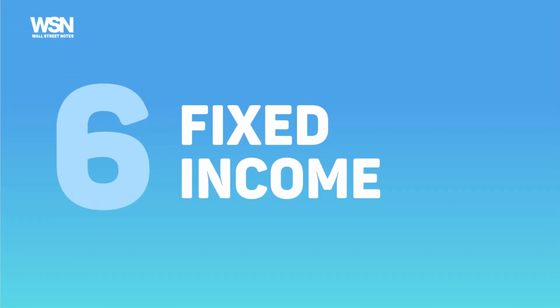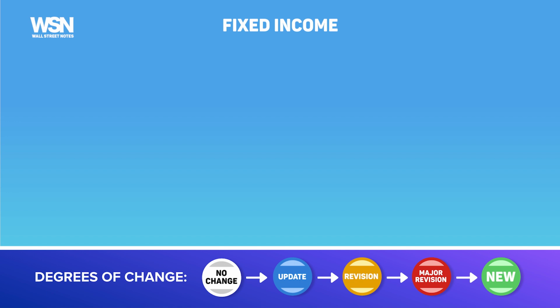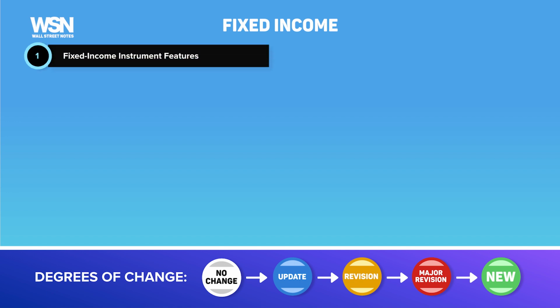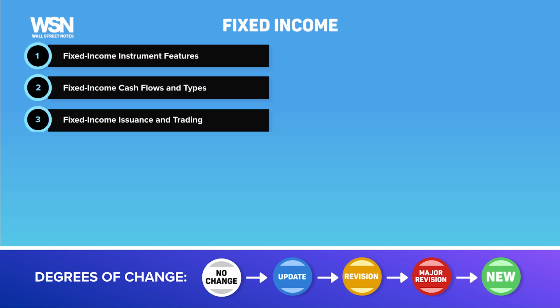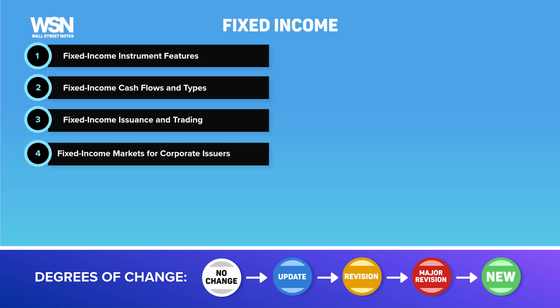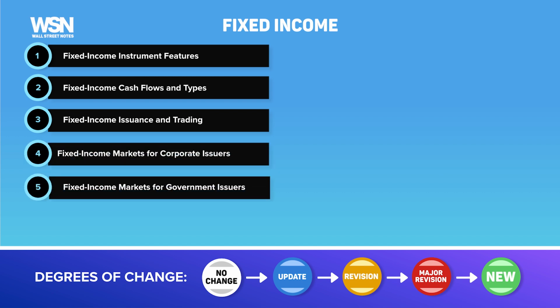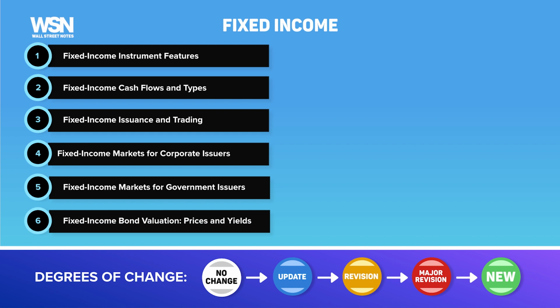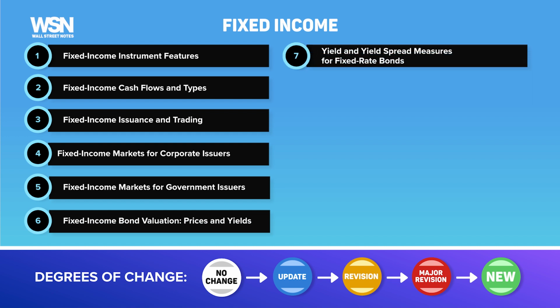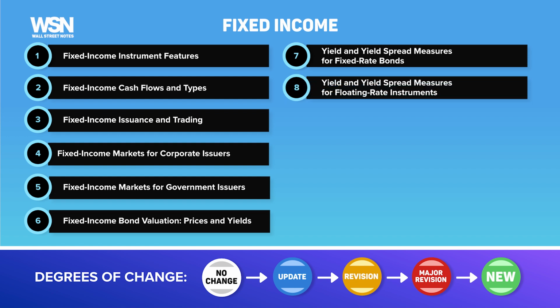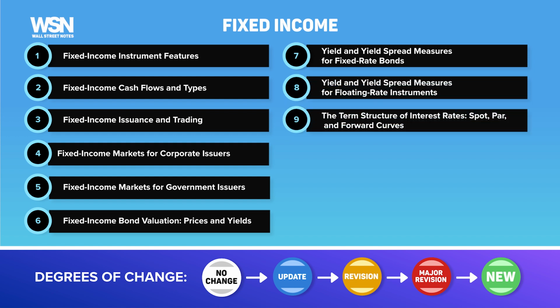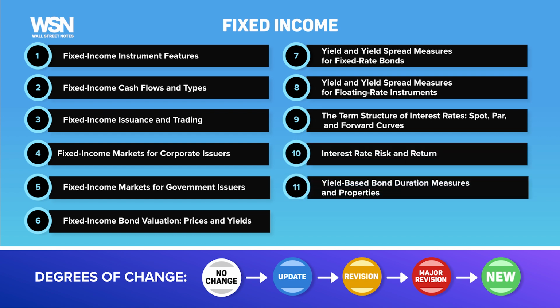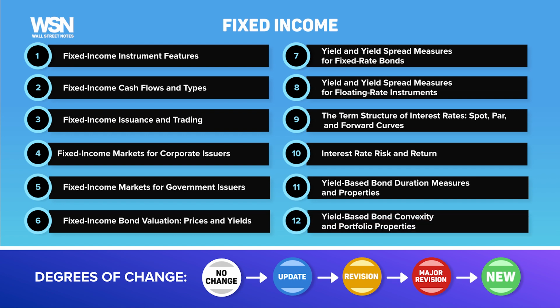The fixed income topics for 2026 are as follows: fixed income instrument features, fixed income cash flows and types, fixed income issuance and trading, fixed income markets for corporate issuers and for government issuers, fixed income bond valuation, prices and yields, yield and yield spread measures for fixed-rate bonds and for floating-rate instruments, the term structure of interest rates, spot, par, and forward curves, interest rate risk and return, yield-based bond duration measures and properties, yield-based bond convexity and portfolio properties,